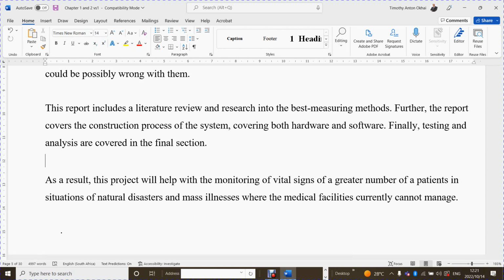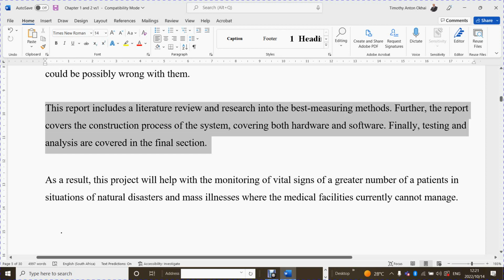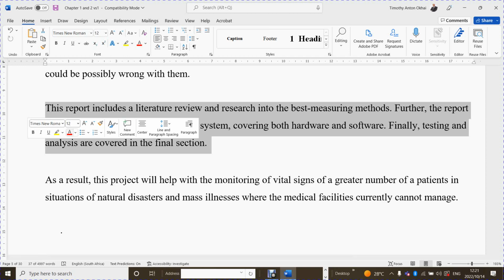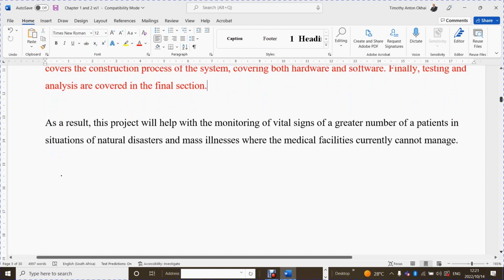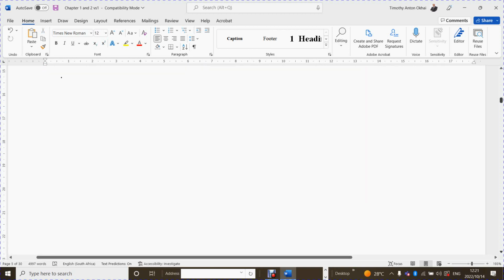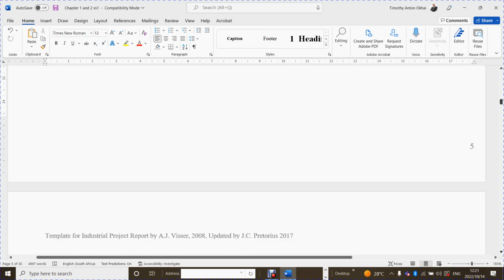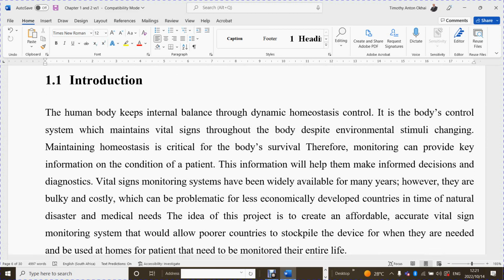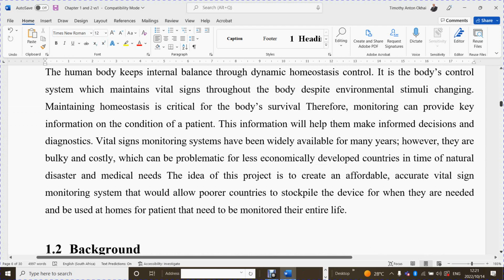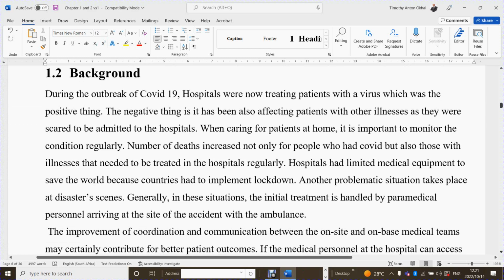Especially this part here, there can be a better way to write it. Okay, let's go through the rest and see. Introduction, background,